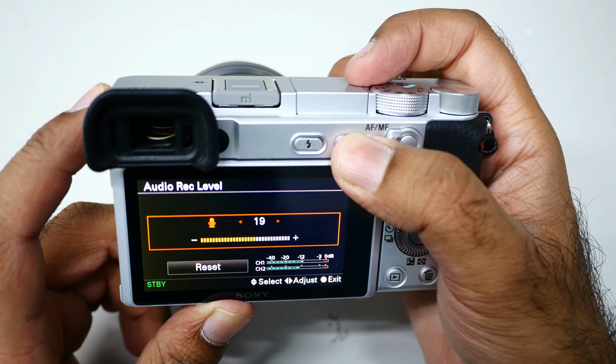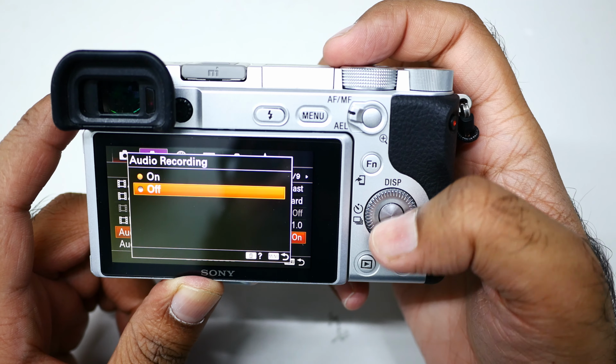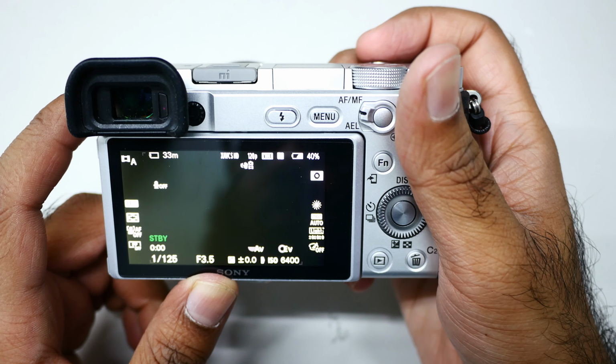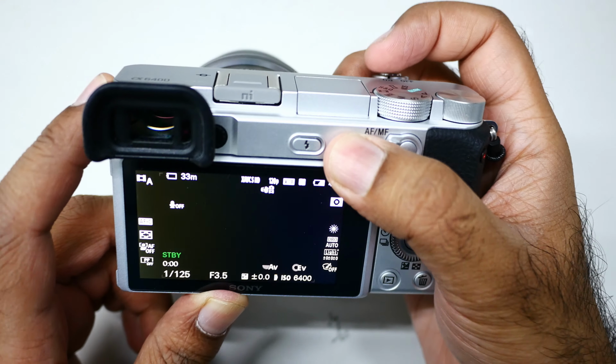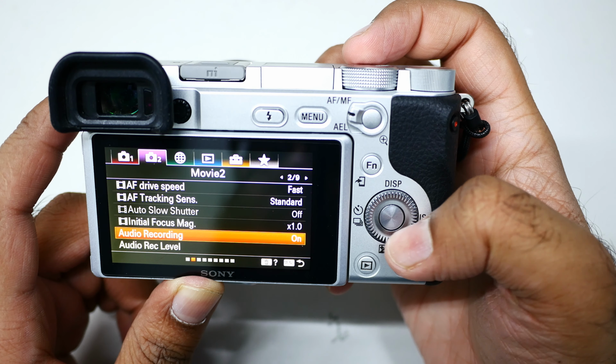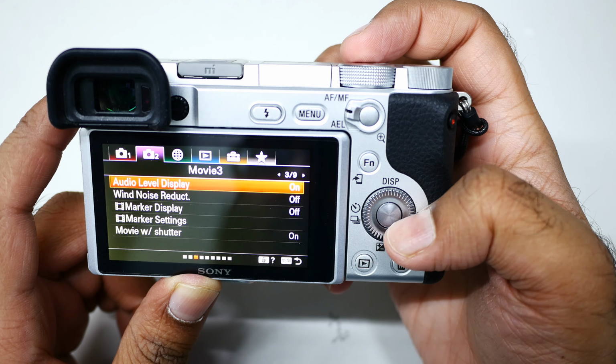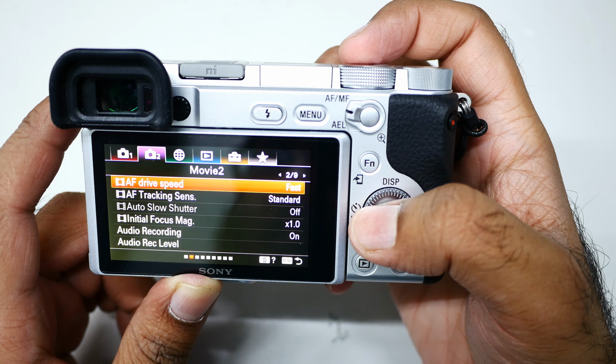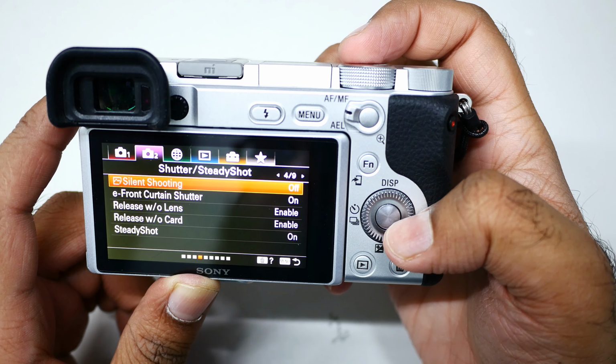Okay, let me go to menu, audio recording off. Now you can't see the audio recording level, right? Go to camera setting 2, audio recording level on. Okay, so yeah, camera setting 2, page 2 to turn it on,